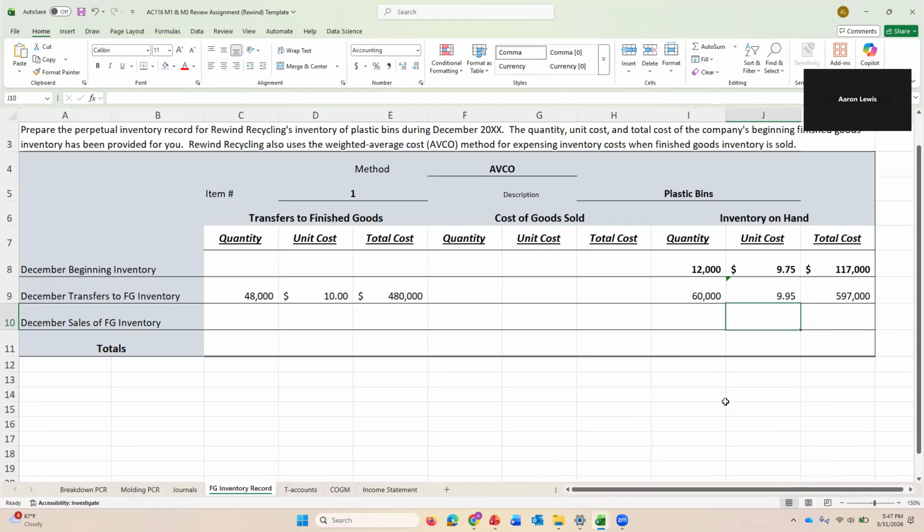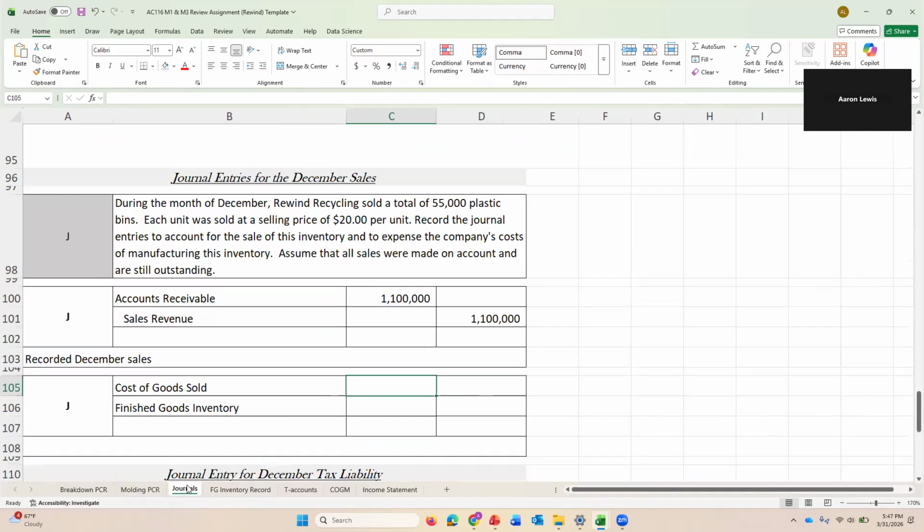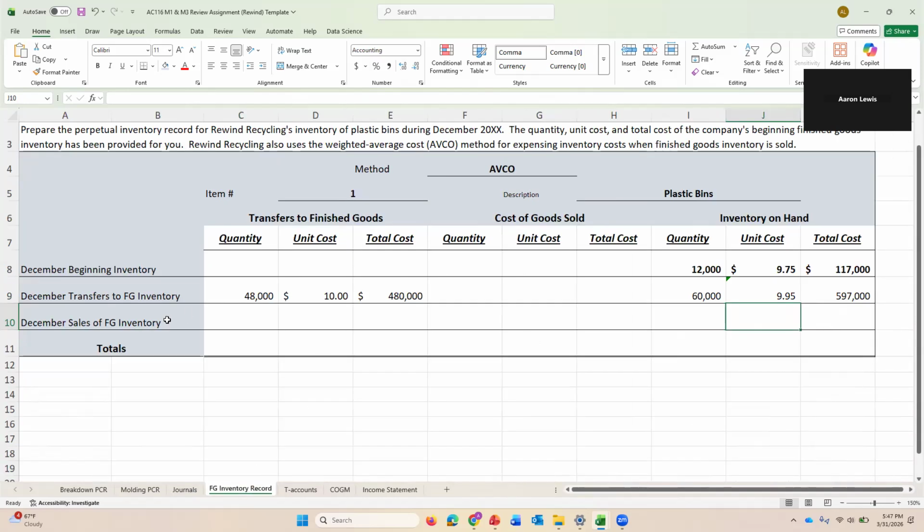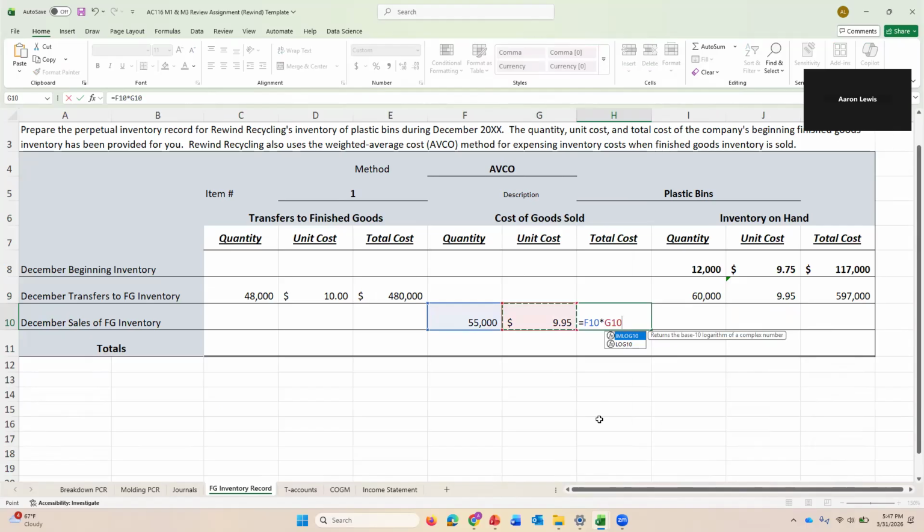And we're at the point in time where we finally could figure out what this entry we're recording cost us. We're selling 55,000 units. How much did each of those 55,000 bins cost us? Well, in the AVCO method, whenever you make a sale, in this case the sale of 55,000 units, you assume that you sold at your last known average unit cost. And our last known average unit cost was $9.95. So if we're selling 55,000 units and we're assuming it costs us $9.95 a piece to manufacture, we get to expense $9.95 of production costs for each unit sold, and that maths out to a total of